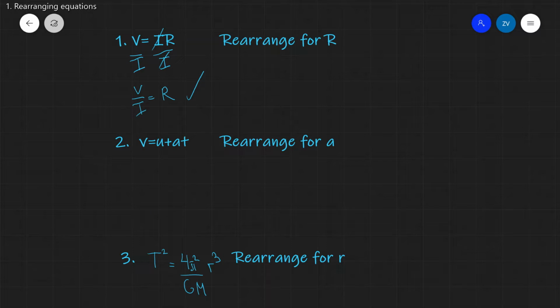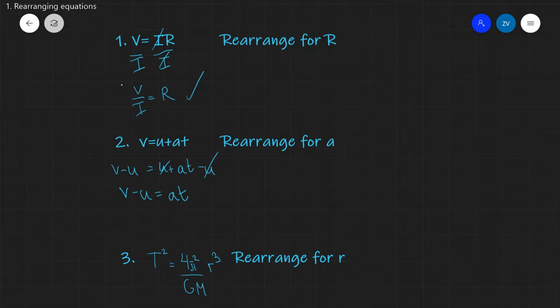Question 2. V is equal to U plus AT. We want to rearrange for A. Now, the first thing that we need to do is just really make sure that we only have AT on one side of the equation. So one way to do that would be to take away U from both sides of the equation. Now, if we take away U from the right-hand side, we're going to have U plus AT minus U, and this will be equal to V minus U. We can immediately cancel out the U's,